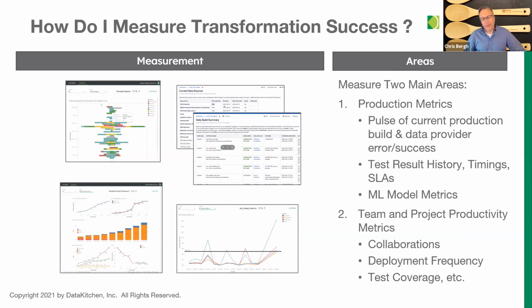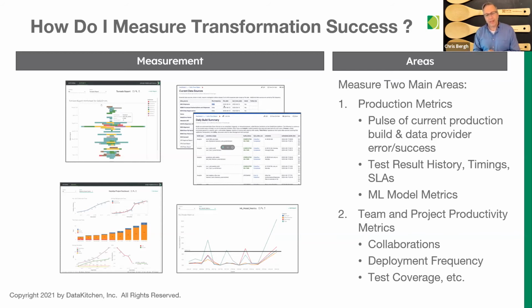And then the second part is the opposite. Your team is developing new pipelines. How are they getting into production? How well are they collaborating? How many tests do they have? What test coverage? There's a set of metrics that you can develop. I think this is quite important to look at and drive change, because I've worked with data people for a while, and even the most cynical ones will start to believe that you can go fast and not break things when they can see the data to back it up.